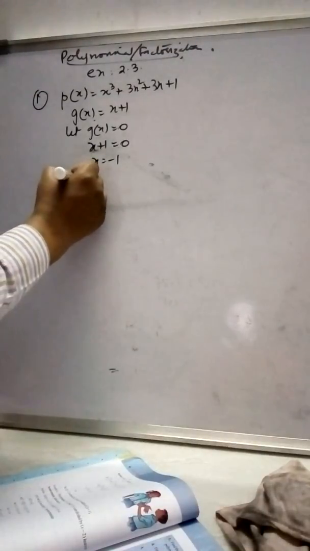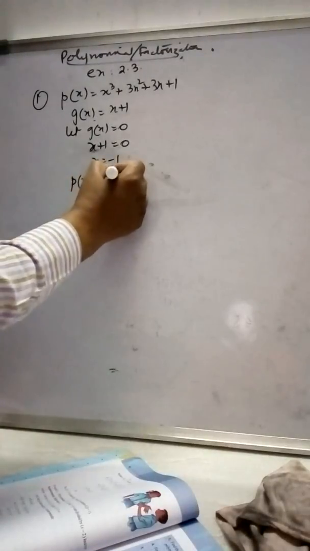So I am taking them one by one. It is divided by, I am taking this as g of x, which is equal to x plus 1. Taking g of x equal to 0, that is x plus 1 equals 0. Since g of x is x plus 1, x is equal to minus 1. So here p of x